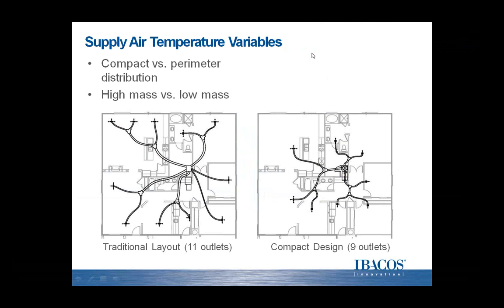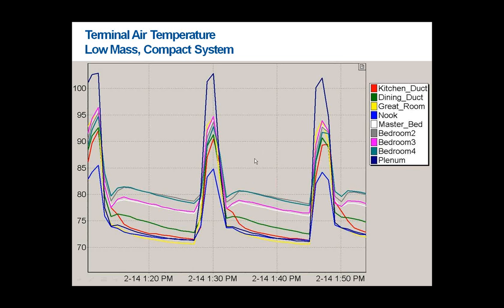So something to consider. Finally, we've been finding that bringing the perimeter systems back from the outside walls, doing compact duct systems, you can really minimize the amount of material, minimize the number of registers, and get a much more consistent duct length on every duct, which helps you in the design process to get the right diameter for the length and airflow. These are kind of my last two slides, just showing the impact of the mass of a duct